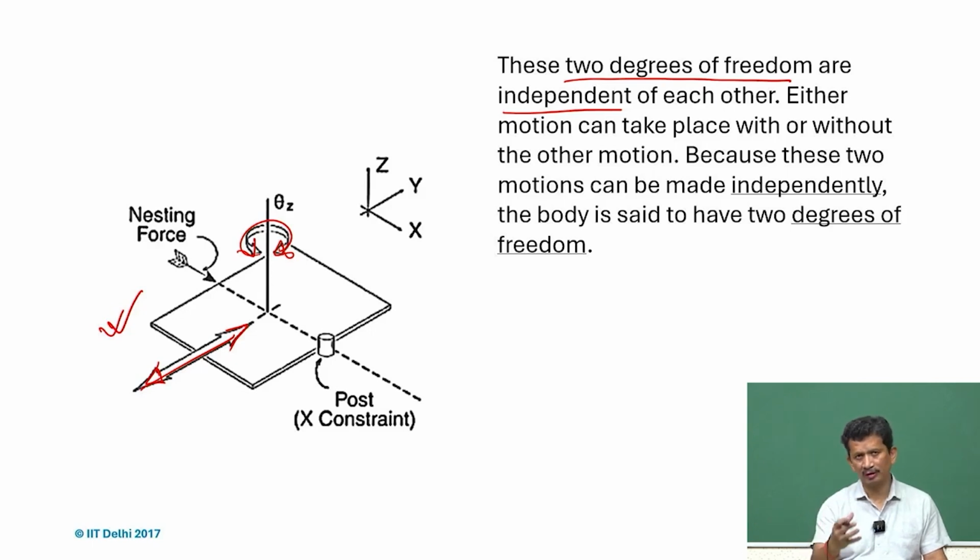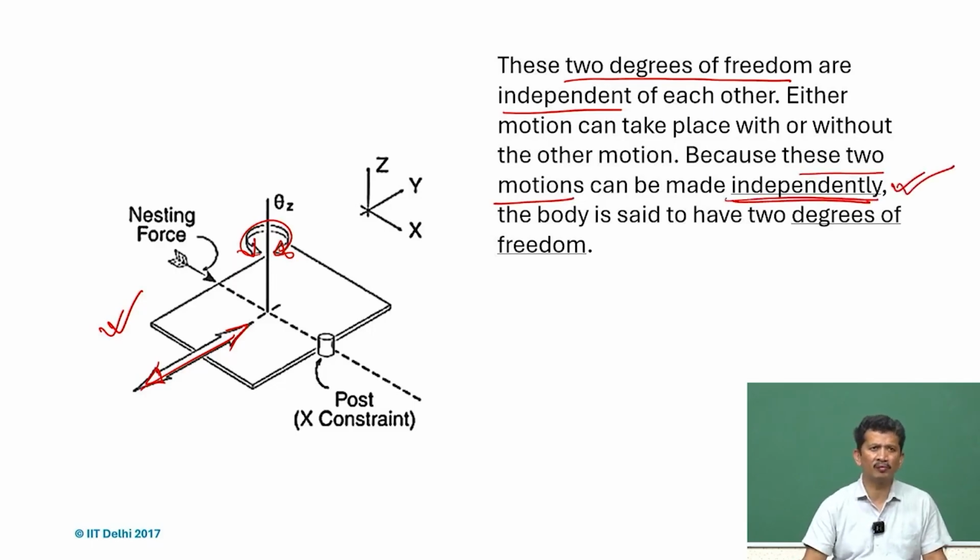But if we take the object, then we realize there is an axis of rotation and there can be a translation as well. Since these 2 motions can be made independently,